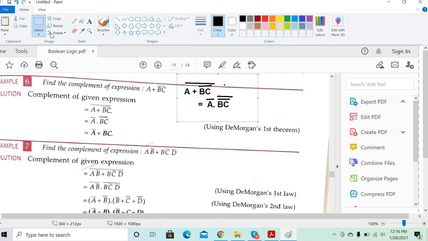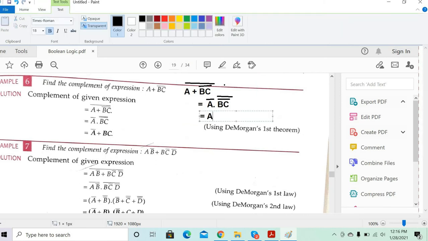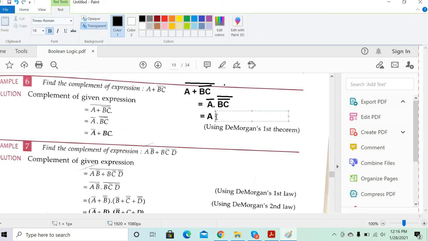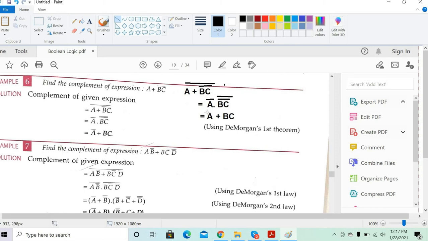True. Okay. So, what is the answer you told for this? This one is fine. It will be A complement dot BC, or you can do the other part also. So in algebra, what did you do? What is the answer you got? Tell me. Two answers you get. A complement plus BC, that is one answer. The other one would be A complement into complement of BC complement.